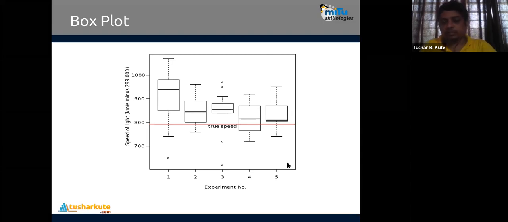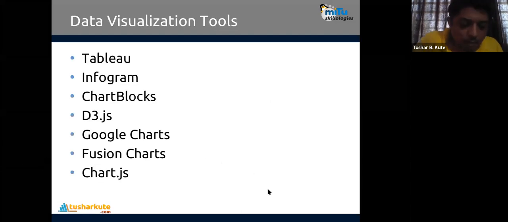I'll show that box plot in the array-based method, and then you can identify how box plots are created. Apart from that, we use programming languages. Basically, try to use a programming language because we can design things on our own, and it's possible to perform data visualization operations programmatically. You design on your own, completely modifiable, dynamic things are there. But still there are various open source and commercial online tools available. Tools I'm talking about, not programming languages. These tools are used to visualize the data. Out of these, you might know the first tool called Tableau. Tableau is a commercial tool which we can use to visualize the data.